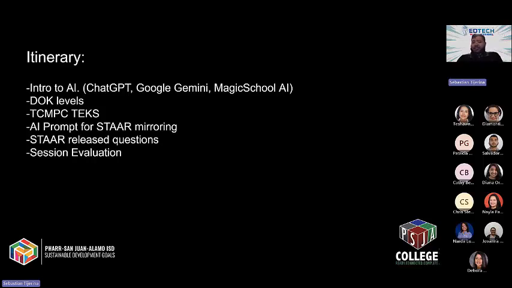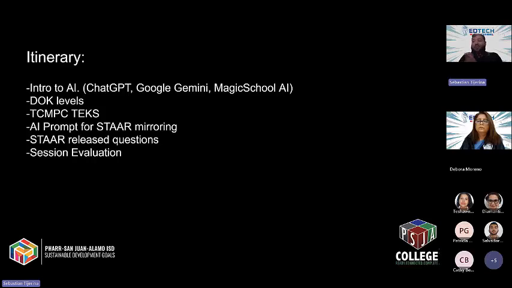I've been seeing that as a teacher, Gemini is a little bit better. And it tends to export a lot easier than ChatGPT does, but ChatGPT just has way more models. So that's why I prefer that one. We also have Magic School AI. Some of us are already very familiar with Magic School AI, and that has a lot of tools in and of itself